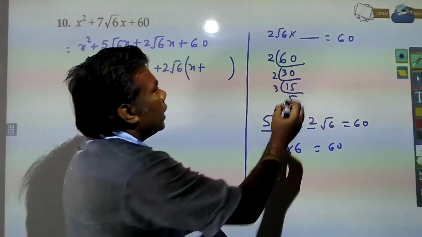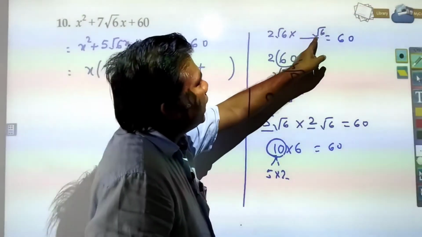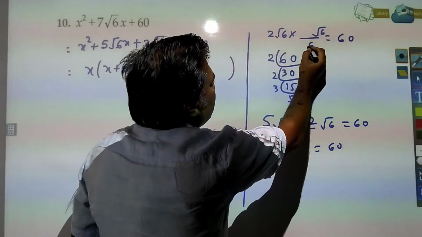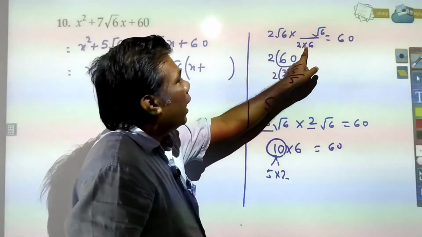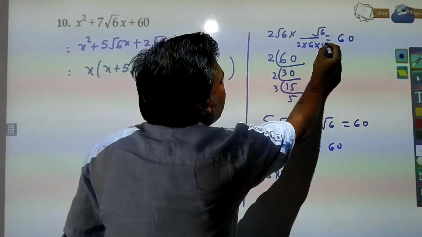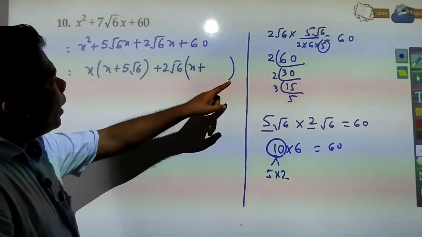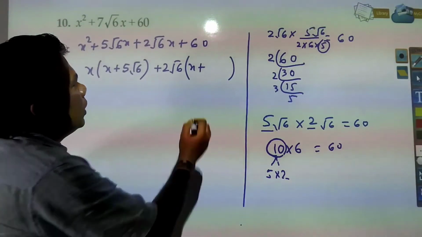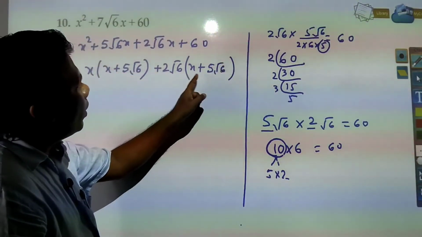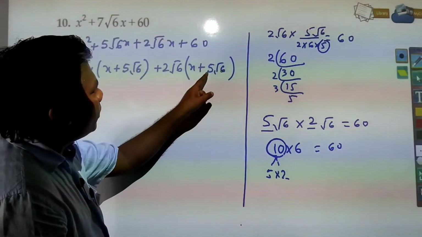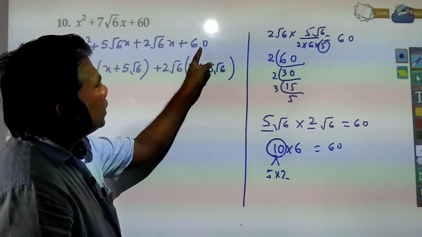Now you see here obviously root 6 will be there and some number. So root 6 into root 6 will become 6, into 2, 6 2s are 12, and 12 times 5 is 60. So this 5 is required to be written over here. So 5 root 6 you will get. So here we will write 5 root 6, so that if you are multiplying, 2 5s are 10, and root 6 into root 6 is 6, 10 times 6 is 60 you will get.